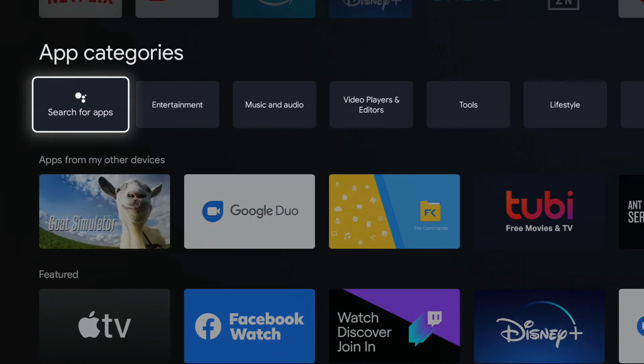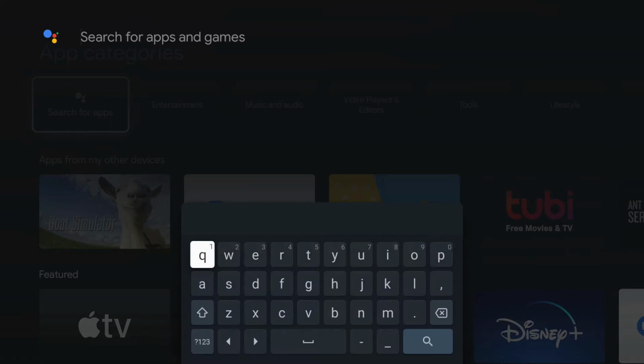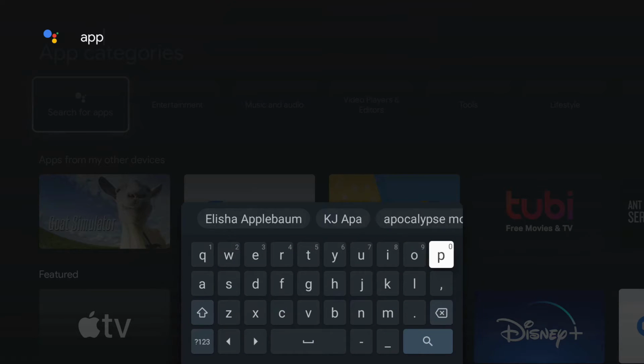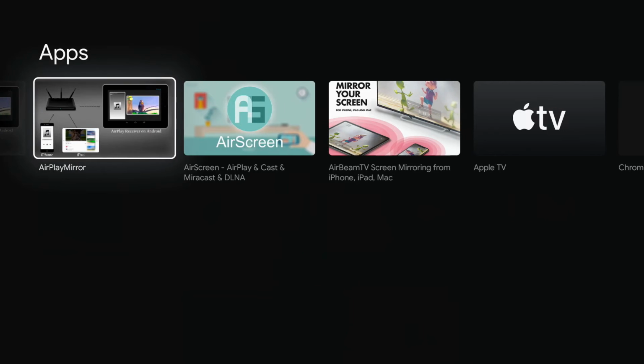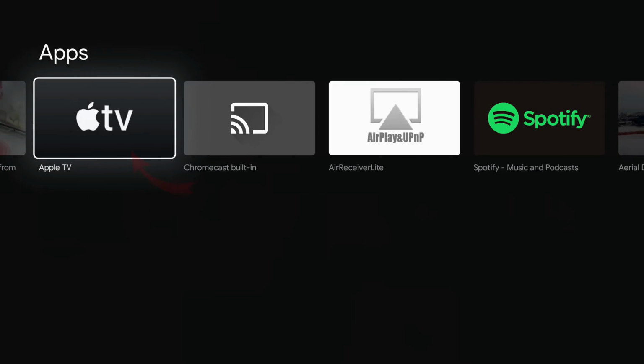Or if you're not seeing that, go ahead and come up here where you see search for apps and hit the select button, and you can start searching for Apple in here. So I'm just going to quickly type in Apple and hit the magnifying glass. And it's going to search for Apple. Once you see that, you can start scrolling through the apps here, and you should see Apple TV here at the top. You can go ahead and select that with the button on your remote,